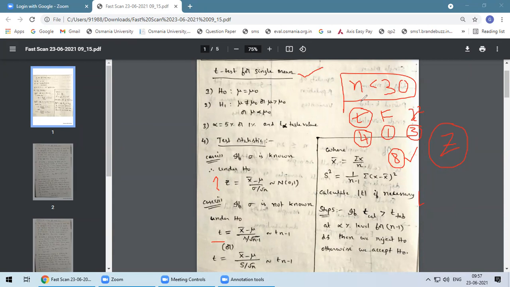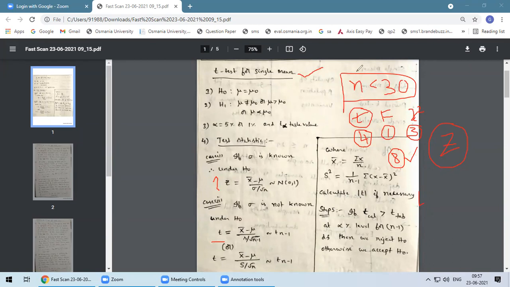What is the copy I have sent today? The t-test table values I have sent already, and that is allowed for the examination. In the majority of cases, the table values will be given to you in the examination. You don't require the table value directly; you can see the table value and compare it in step number 5. I hope you understood.